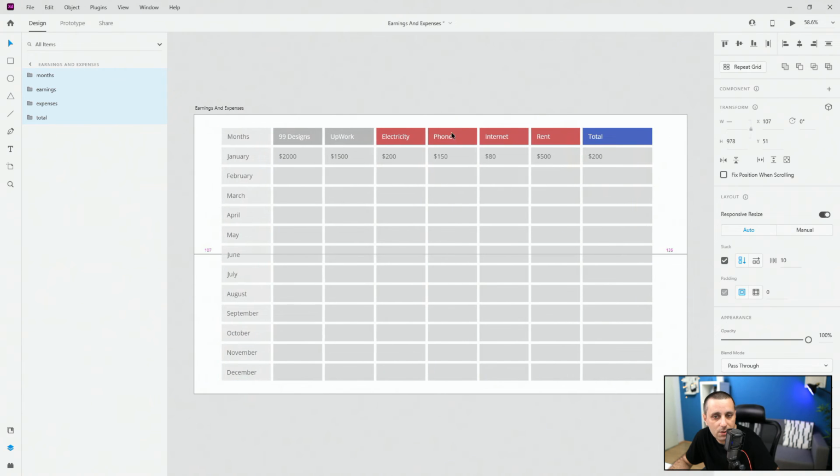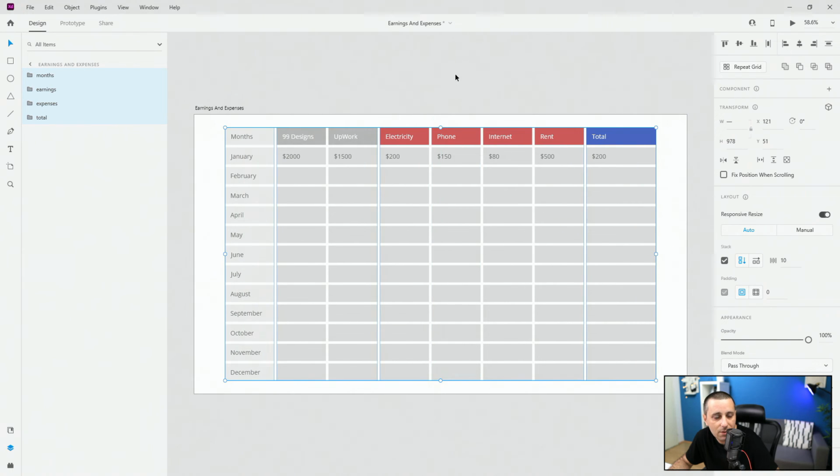So what I'm going to do is select these, put them in the center like this, and once again, you